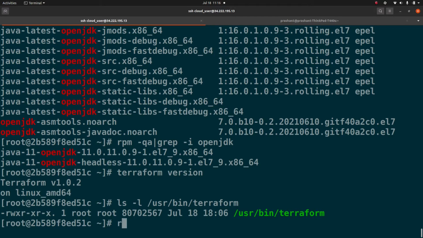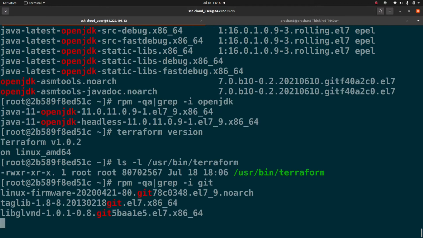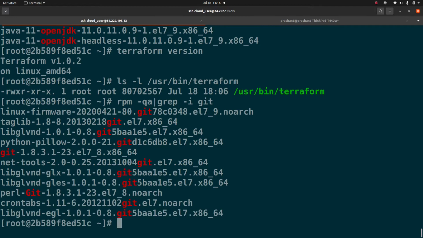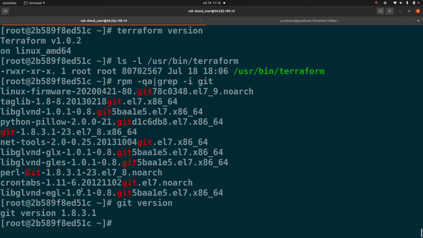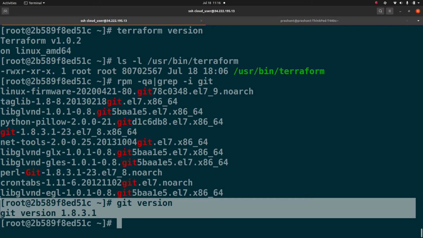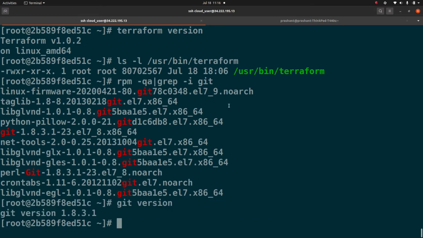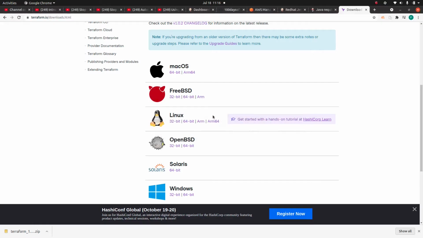The next thing is you need to make sure that Git is installed, because we are going to interact with Git. So Git should be installed on this system. I think it's git --version. It shows 1.8.3.1, which is an older version, but for this demo I'm using the version that comes with CentOS 7. Okay, so now this is done. Let's go to the Jenkins console and start working.